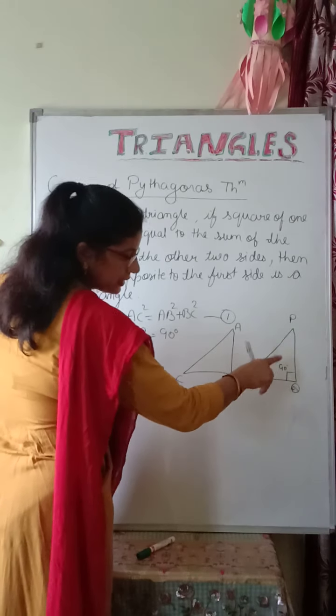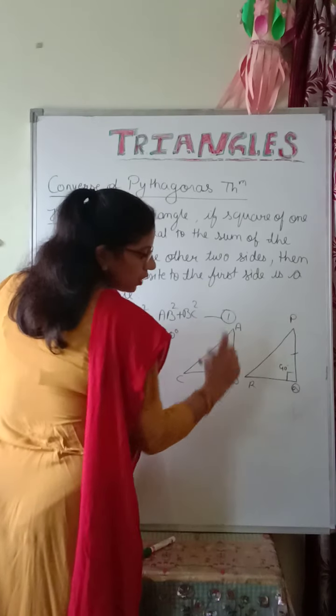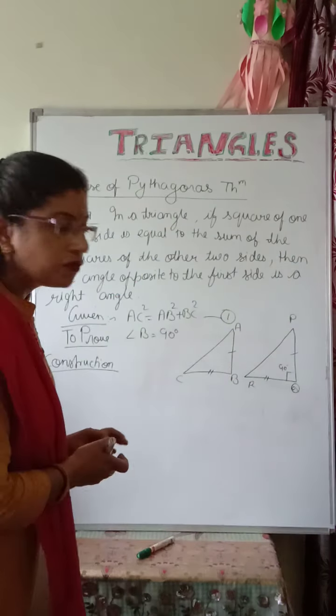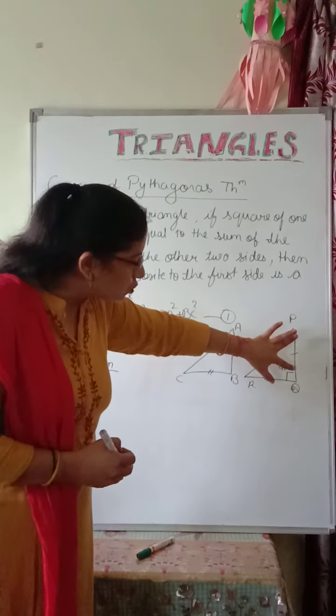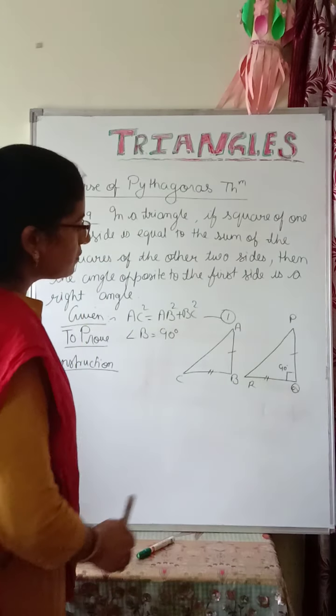हम यहाँ पे लेके चलेंगे. This is 90 degree angle triangle where AB and PQ are equal and BC and QR are equal. Okay. So we have to draw a right angle triangle such that AB is equals to PQ and BC is equals to QR. ठीक है. तो ये proof. ये this will construct.